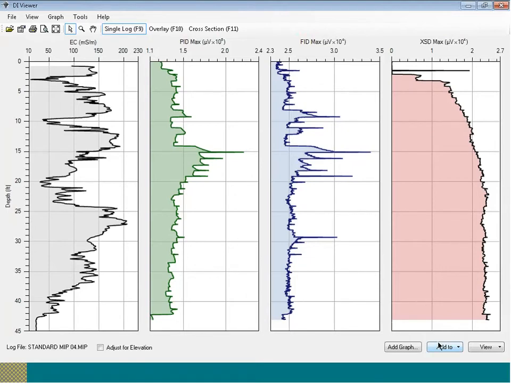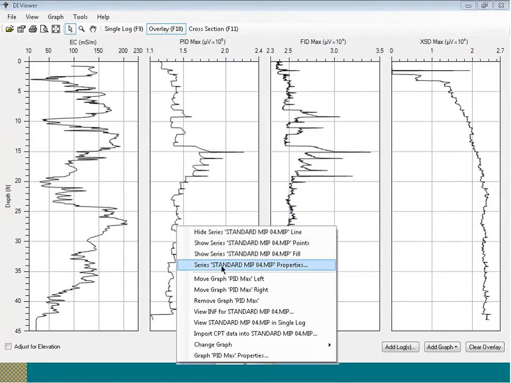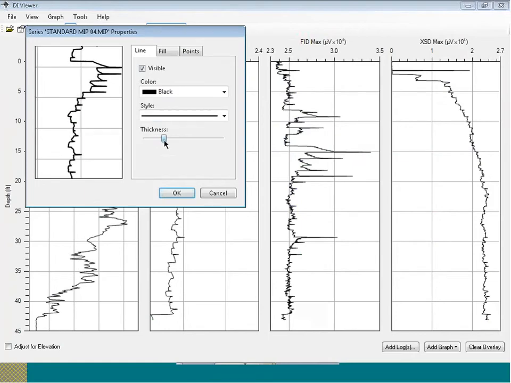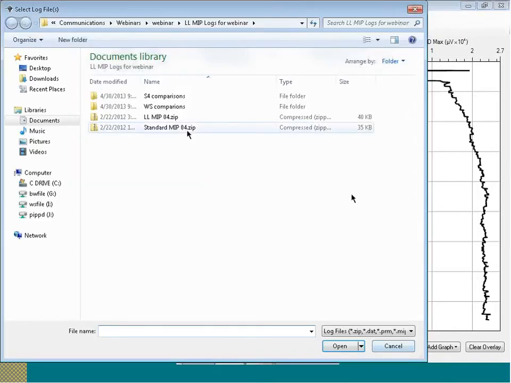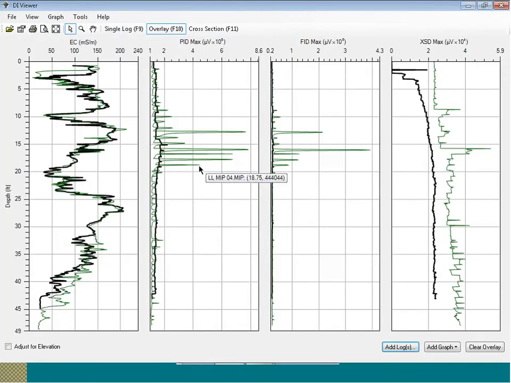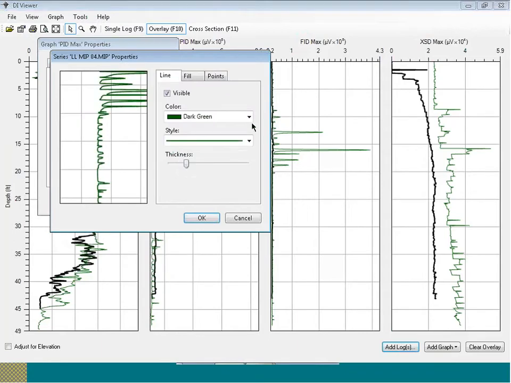What I'm going to do here is take this log and send it over to an overlay view. Same log in the overlay view. I'm going to darken this up a little bit, so I'm going to go on a data point, right-click, go down to the series properties, and increase our line thickness just to make that pop a little bit more. Now, after we did this log on the edge of this plume, we switched over and performed a low-level log, and I'm going to add that here over this particular log. Again, I'm going to right-click on a data point, go to Series Properties, and thicken that up. I'm actually going to change the color here to make this pop a little more. Go to a red,